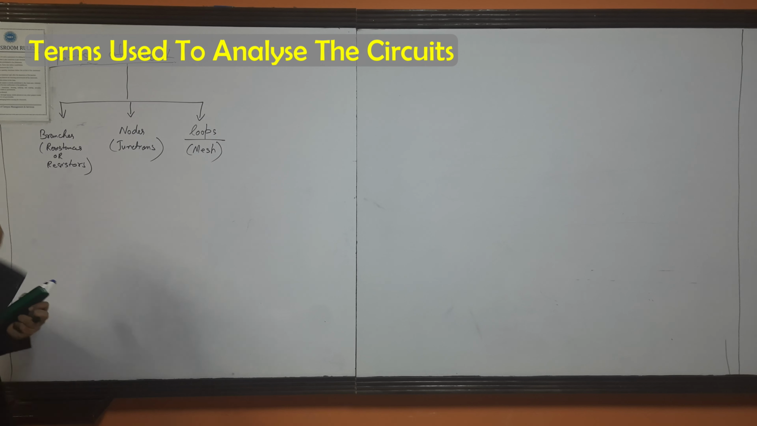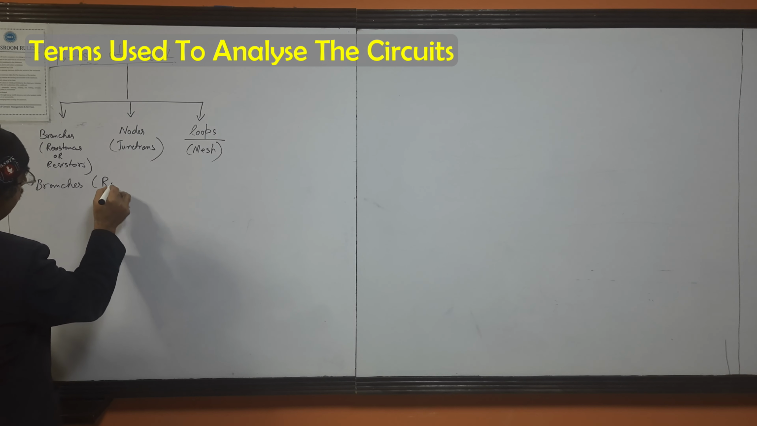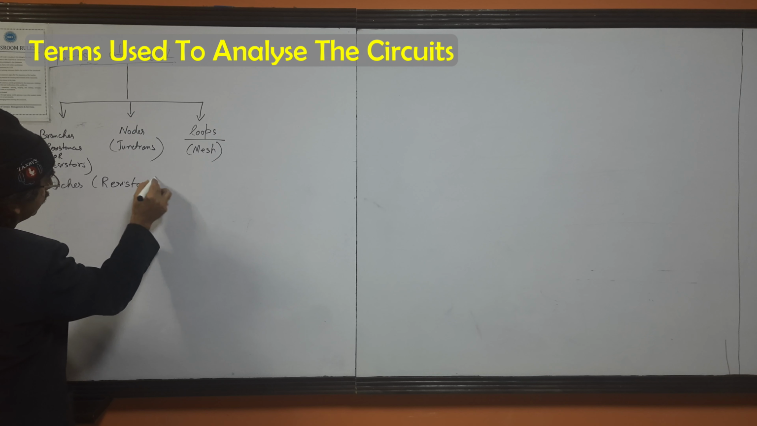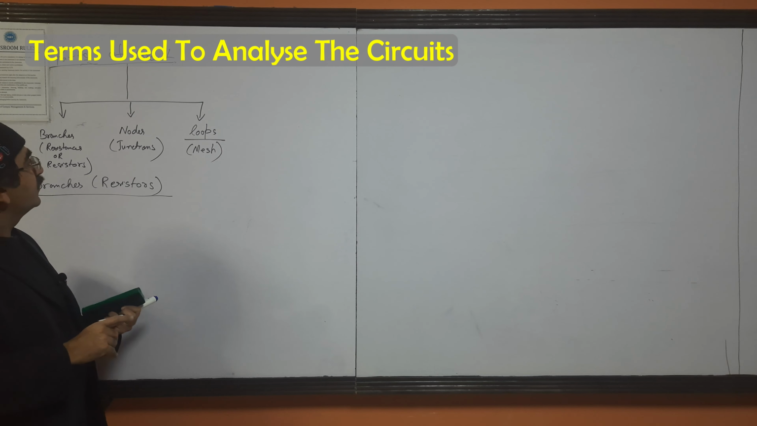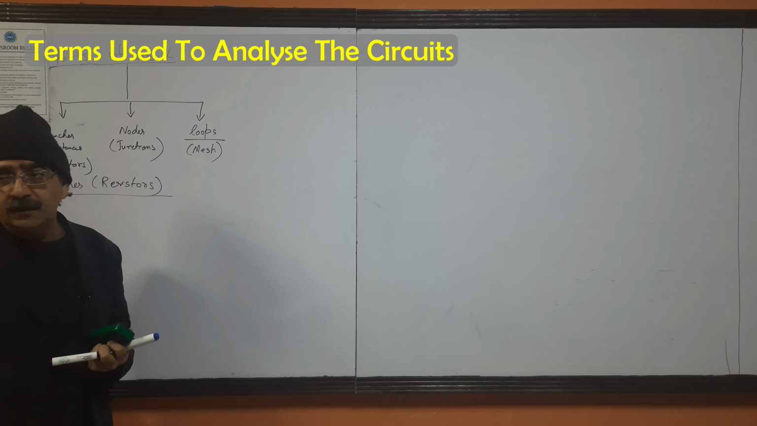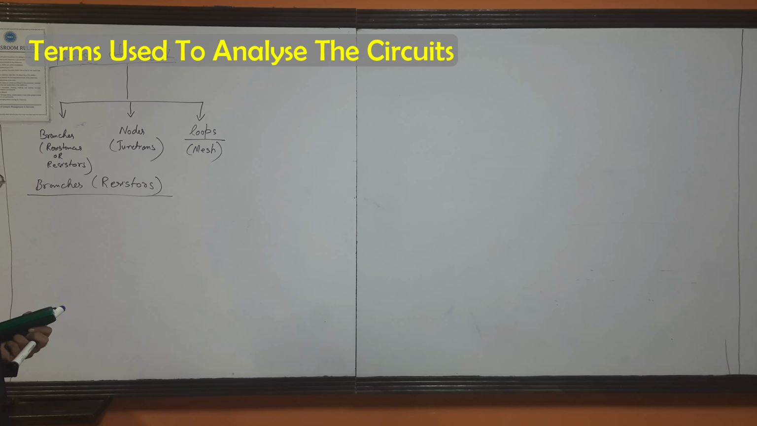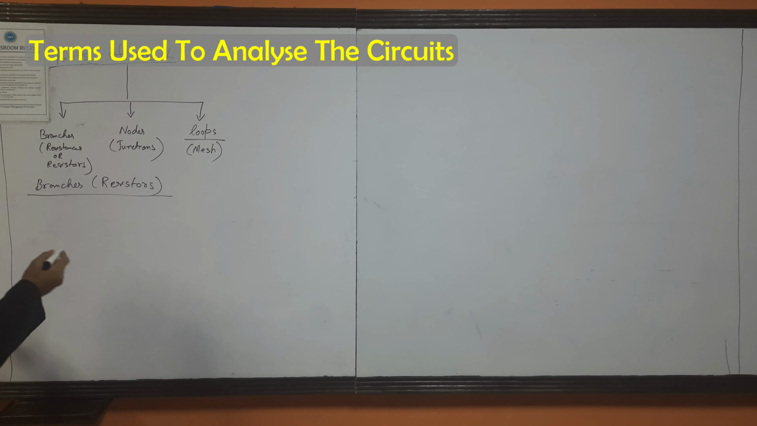Okay, so started from the branches, resistors. When we analyze the circuit, we divide it into three parts. One part is defined as branches or resistors. The other part is defined as nodes or junctions, and the third part is defined as loops and meshes. Okay, what are the branches? As you know from the name, that is the resistance. Okay, so resistance are